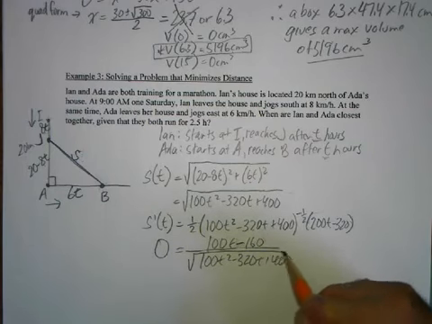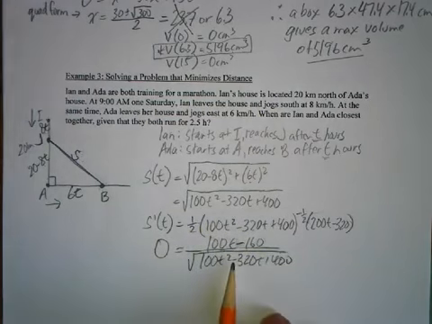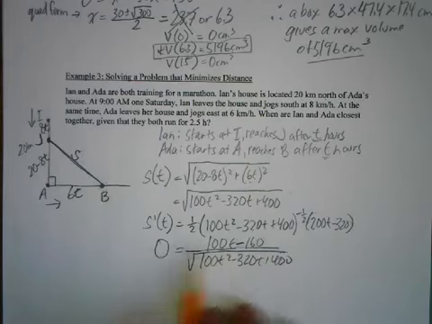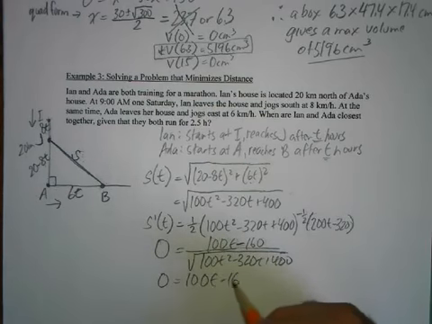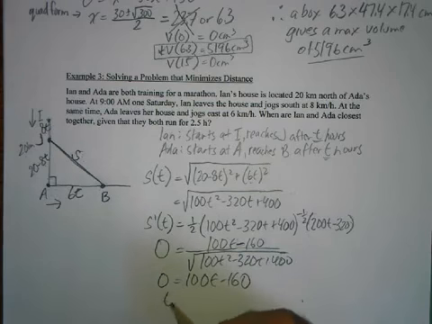All right, now the good news is we don't even really need this denominator part. If we're trying to set this to 0, it just means that 0 is equal to 100t minus 160. And if we solve for that, we get t equals 1.6.